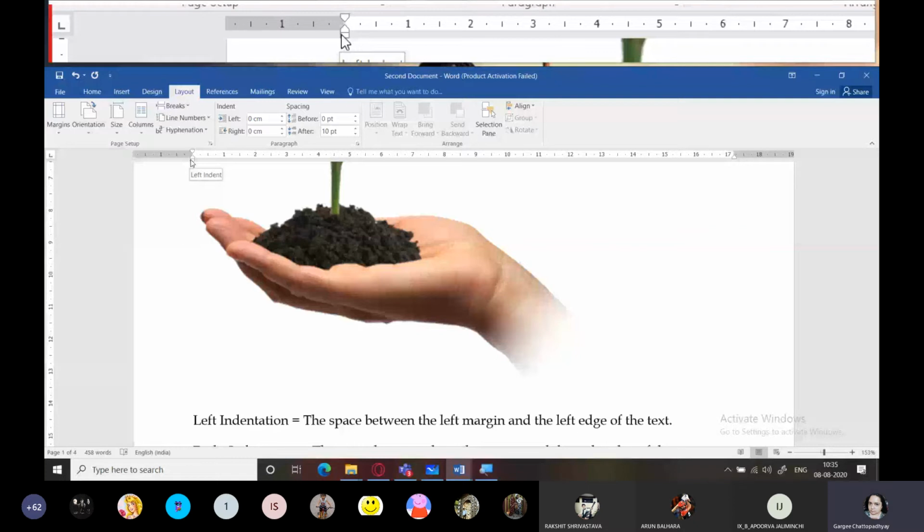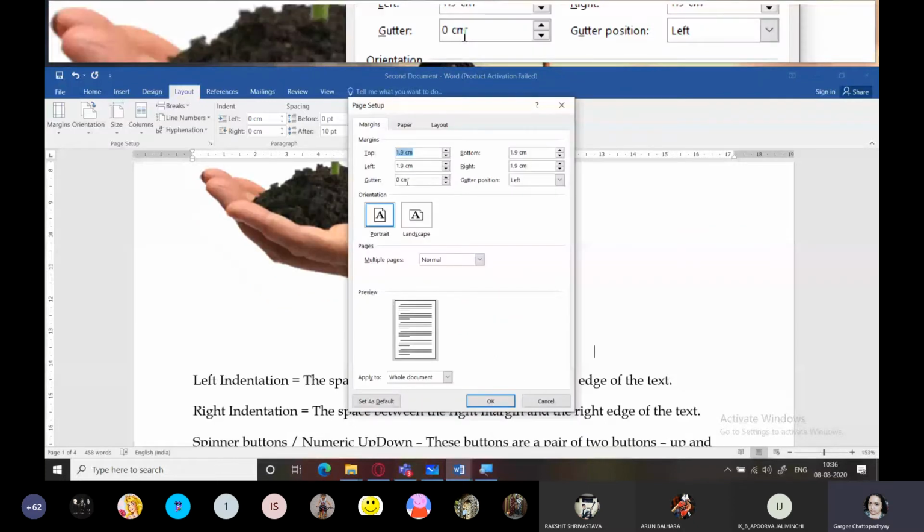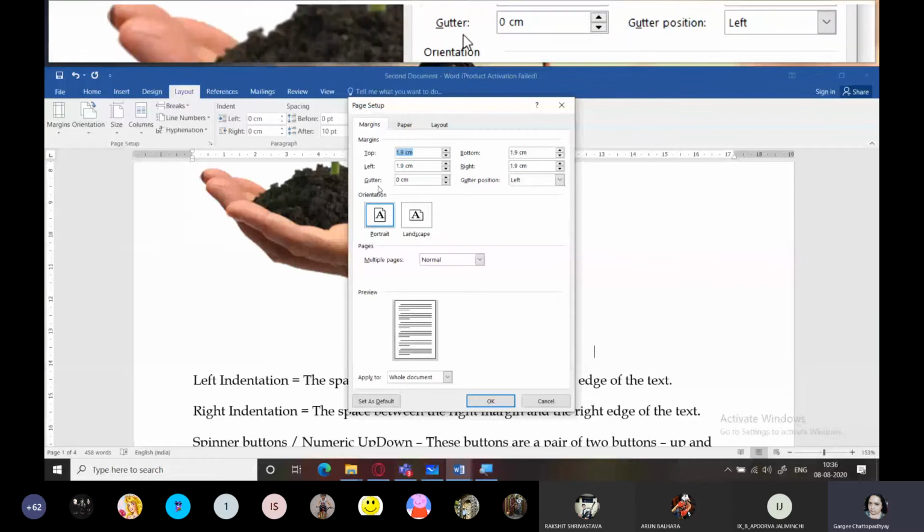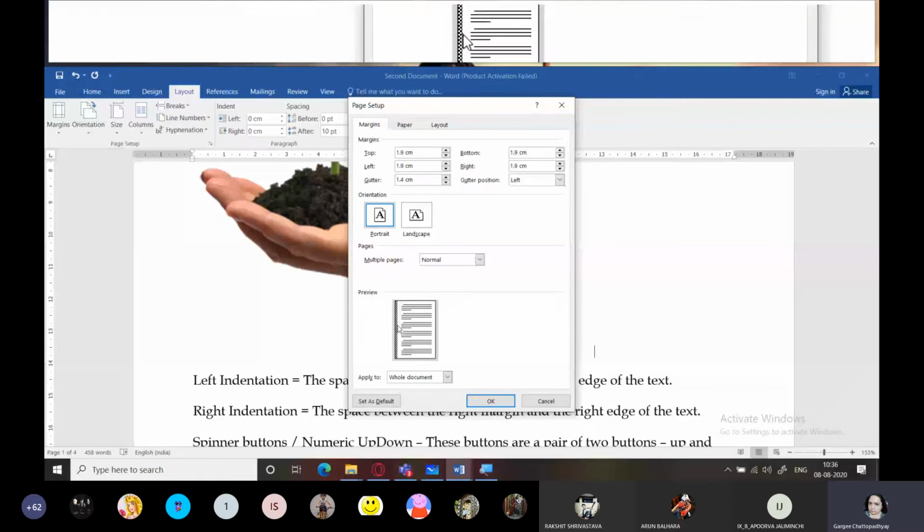So we'll go to custom margins again. From here, you can see something known as a gutter margin. Now, this is not the roadside gutter which I'm talking about. This gutter margin is actually used for the purposes of binding. Normally if you are trying to print a book, that book needs to be bound. Just see this preview over here. I'm increasing the gutter margin and you can see a kind of shaded line appears over here.